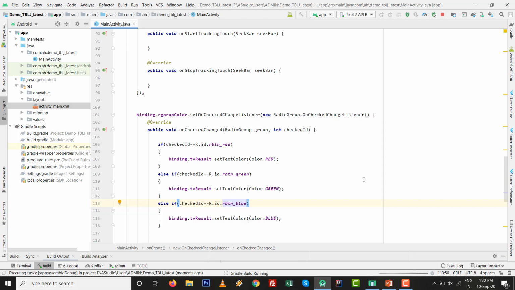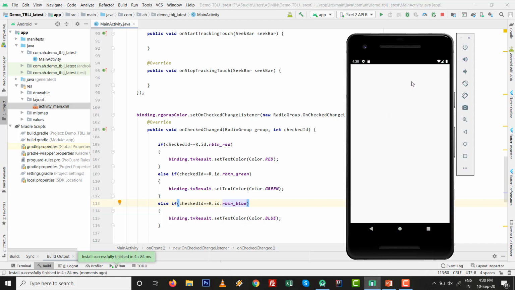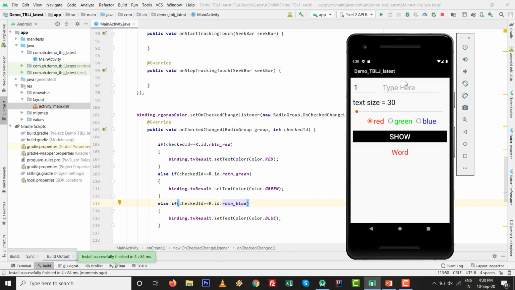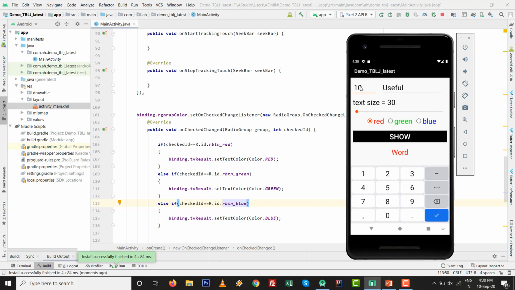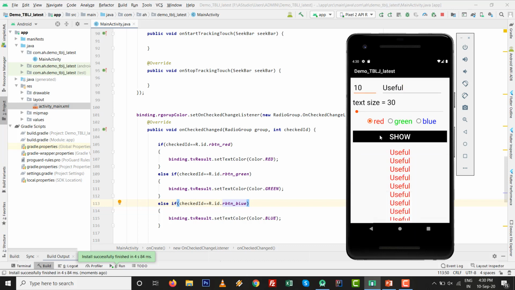Just see the result of this particular task. Press Shift F10. Let's see. Okay, so I type useful, it will be printed 100 times. Press on this one, see this one, 10 times is here.